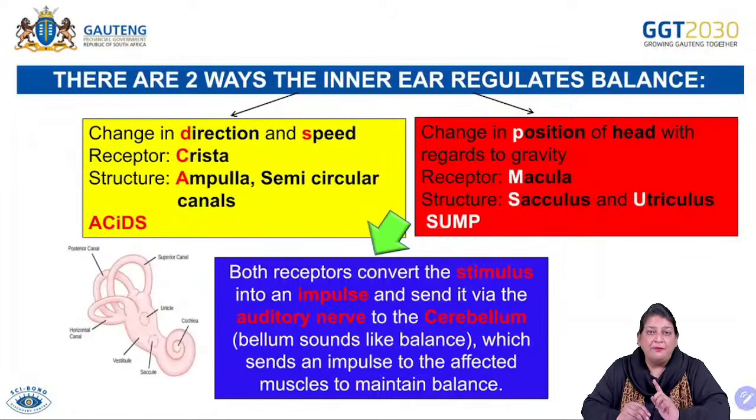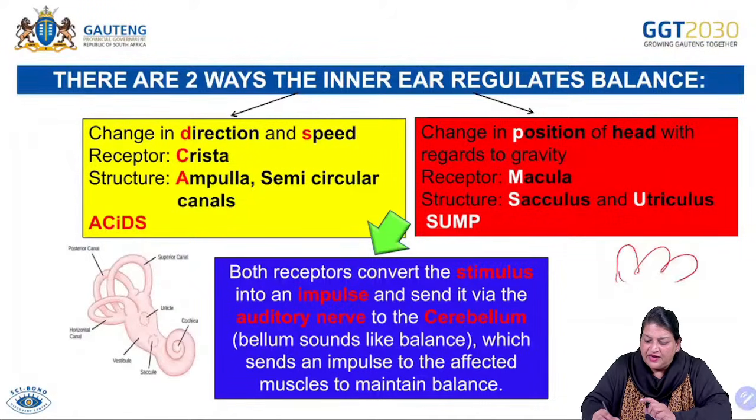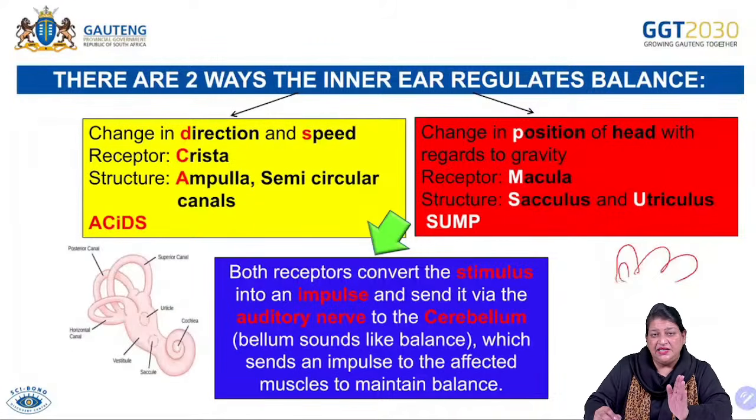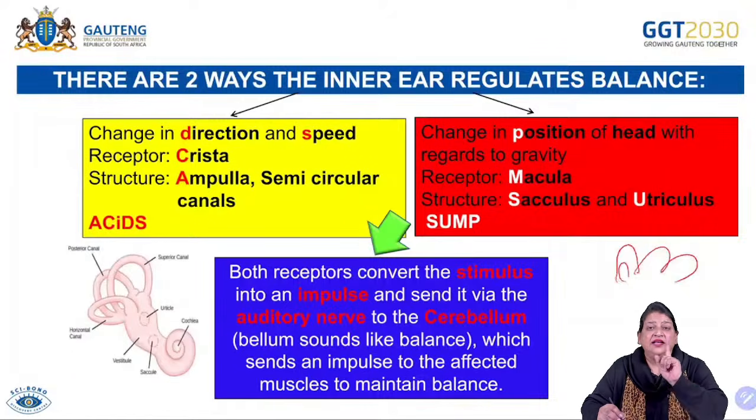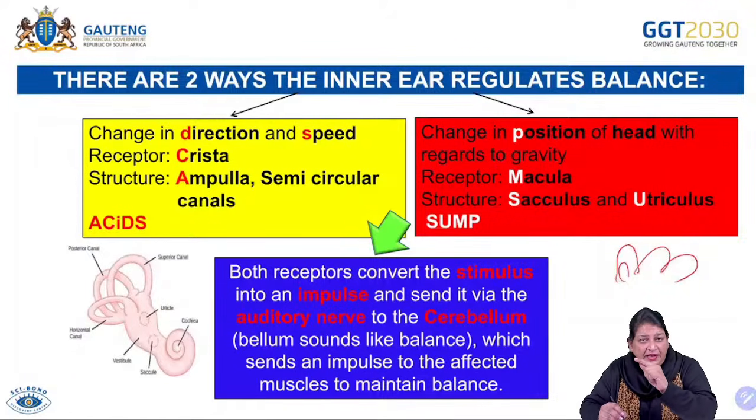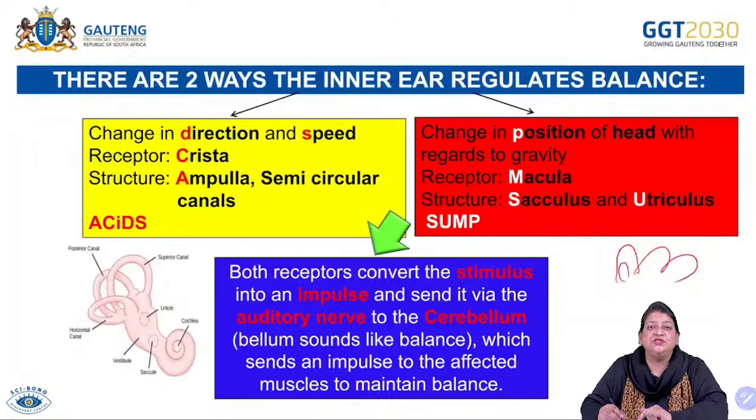And then we talk about balancing. Remember, you have your semicircular canals, right? And they have a crista, which is sensitive to changes in the speed and direction of the head. And that sends a nerve impulse to the cerebellum, which sends a nerve impulse to your skeletal muscles